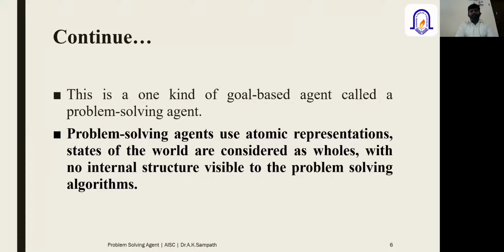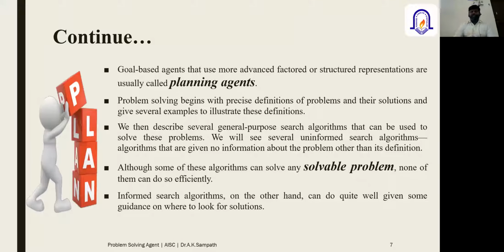These are related to the problem. First of all, you need to identify your problem: what type of problem it is, what exactly it requires, how the problem has been formulated, and then identify the exact goal. By solving the problem, what kind of solution, what kind of goal is expected has to be identified. Once the problem formulation is clearly specified, the second thing is that the goal has to be stated very clearly: what type of output or final state is required.